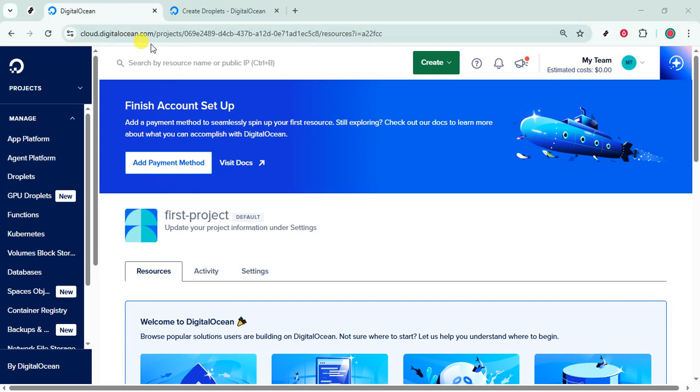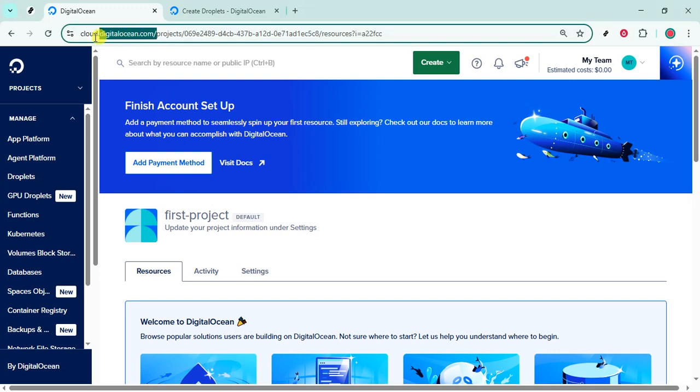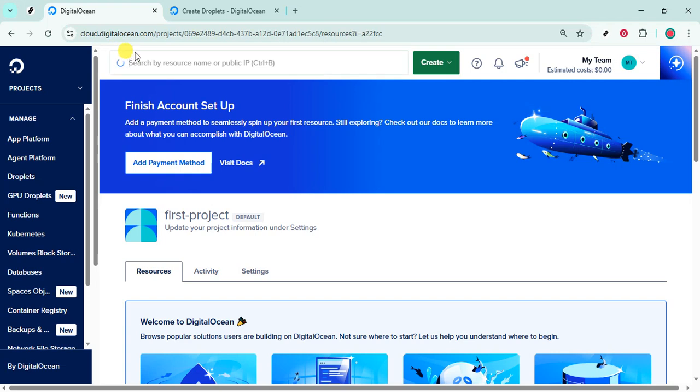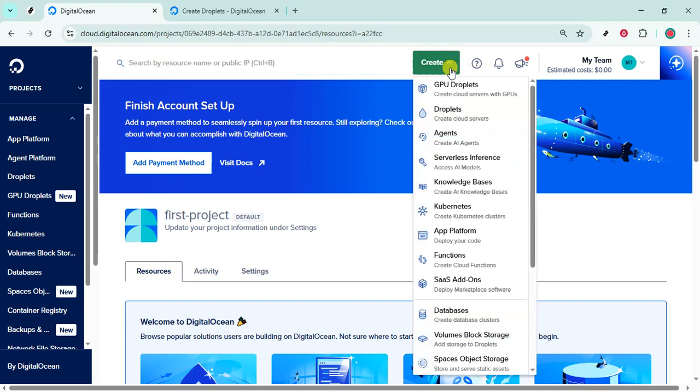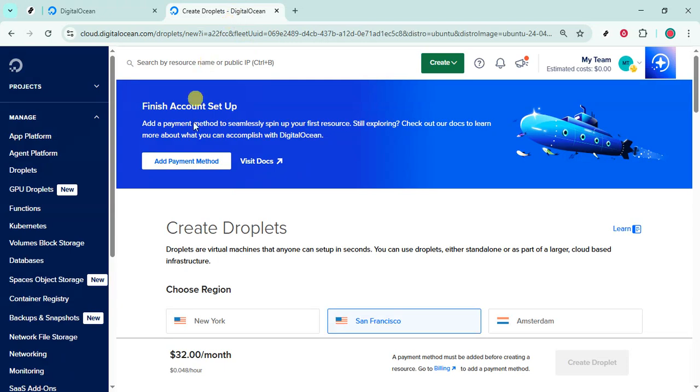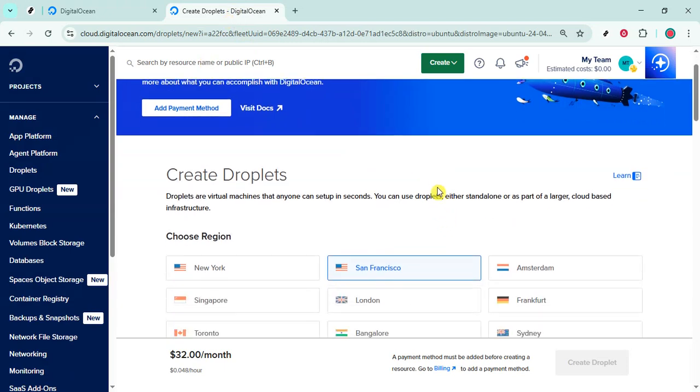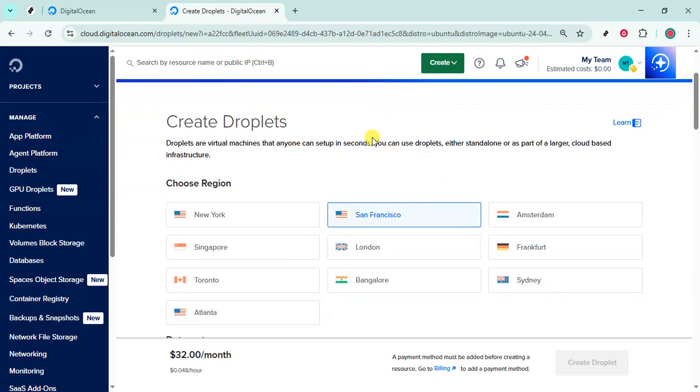Start by going to DigitalOcean.com and signing into your account. From the dashboard, look for the Create button at the top and click it. In the menu that appears, choose Droplets to start the creation flow. You'll see options for image, plan, and data center region. Configure those as you normally would for your project, then continue down the page until you reach the section for